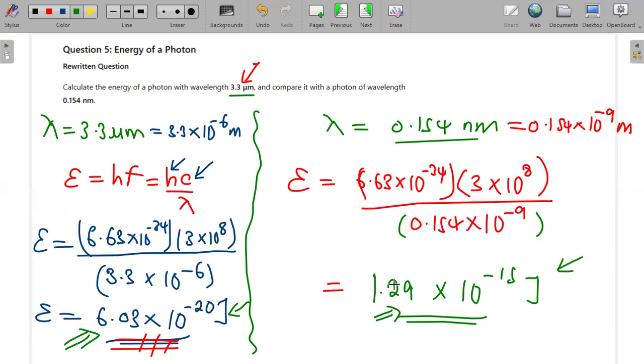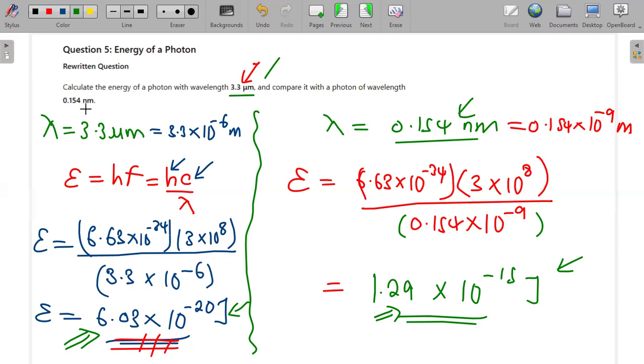The minus 15. So it means this energy here is smaller than this energy here. So in our comparison, we are going to say that the photon that has the wavelength of 0.154 nanometers has much higher energy than the photon that has the wavelength of 3.3 micrometers. And this is consistent with what I was explaining at the beginning, because